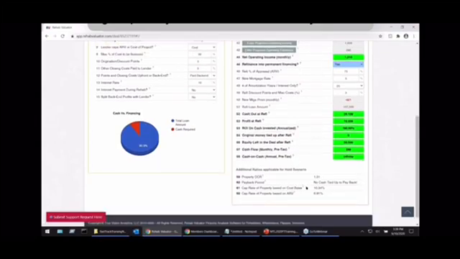But one thing that you are looking for is your debt credit ratio. If you're looking to refinance, I've heard that somewhere around 1.25 or 1.3 is a number that most